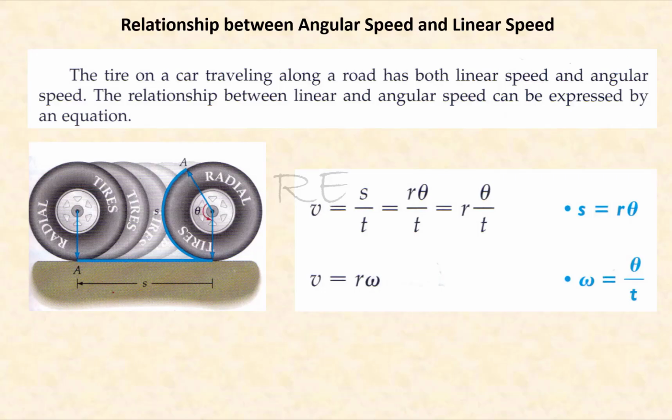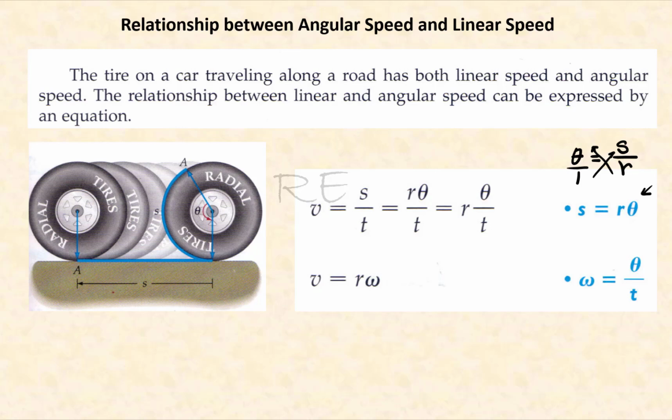The tire on a car traveling along the road has both linear and angular speed. The relationship between linear and angular speed can be expressed by this equation. Linear speed is equal to s divided by t, distance traveled divided by time. Now, s is equal to r theta because the arc length is equal to